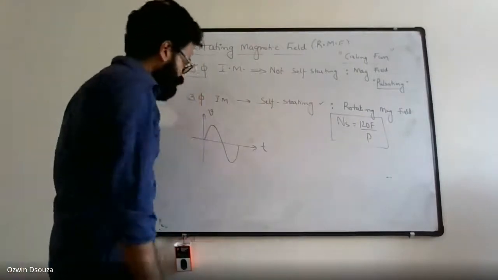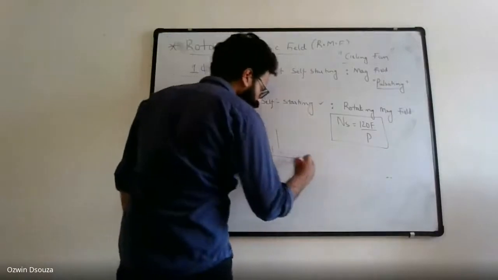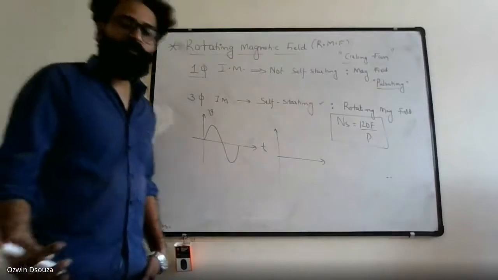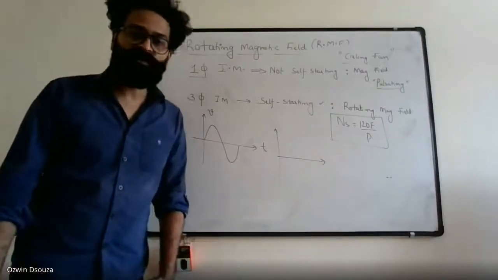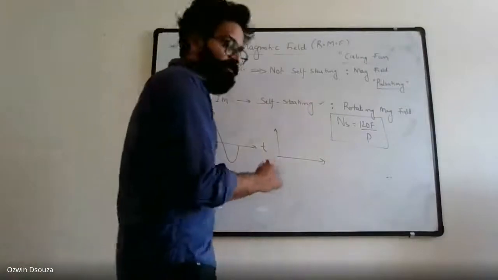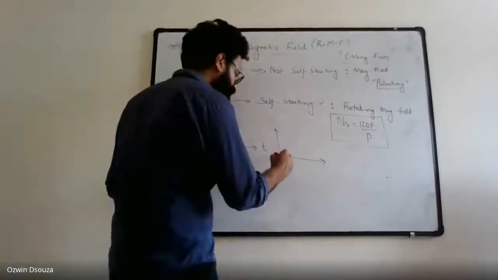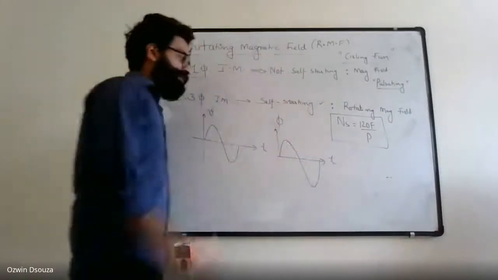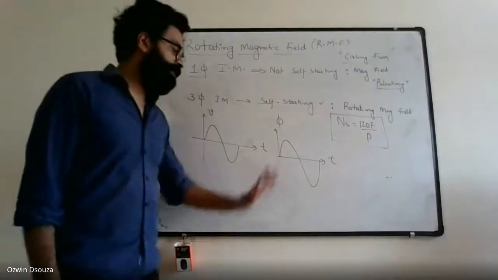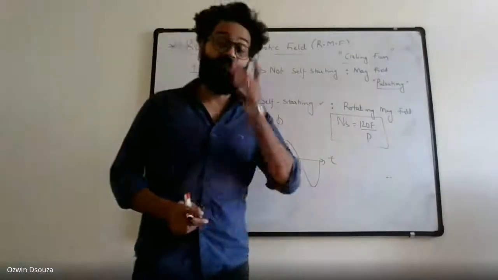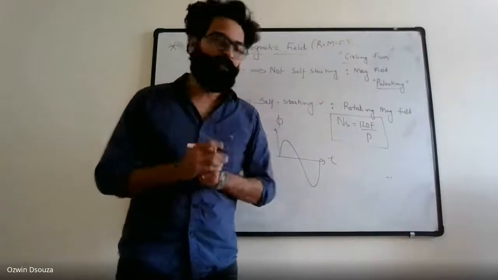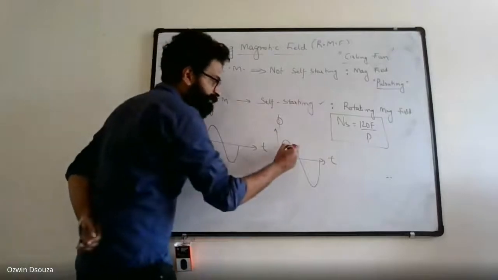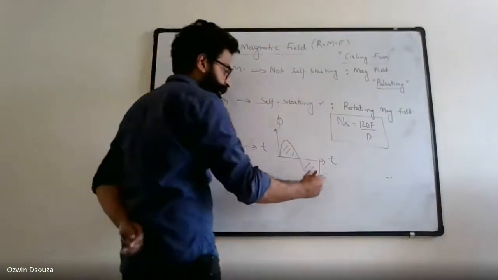So this single phase voltage, when it is connected to the stator winding, produces single phase current, and the single phase current produces alternating flux. Let's say this is your flux with respect to time. So single phase voltage will establish single phase flux in the winding. Now you can clearly observe that the flux wave will have one positive half cycle and one negative half cycle